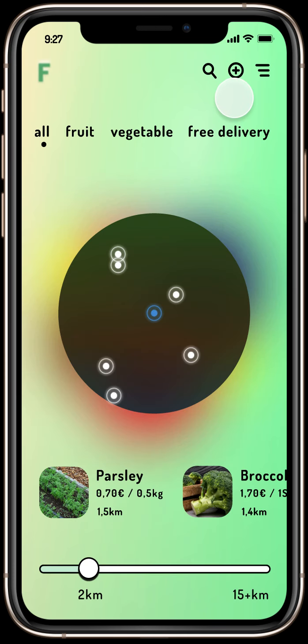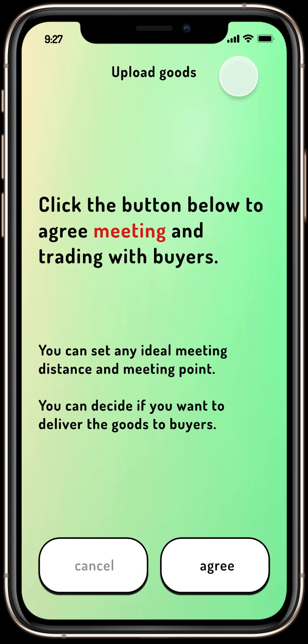And now I would like to introduce the upload function, because I grow some carrot in my own garden and there are too many to eat by myself, so I would like to share it with other people. Before uploading the goods, I have to understand that I have to meet and trade with buyers. If I agree, yes,